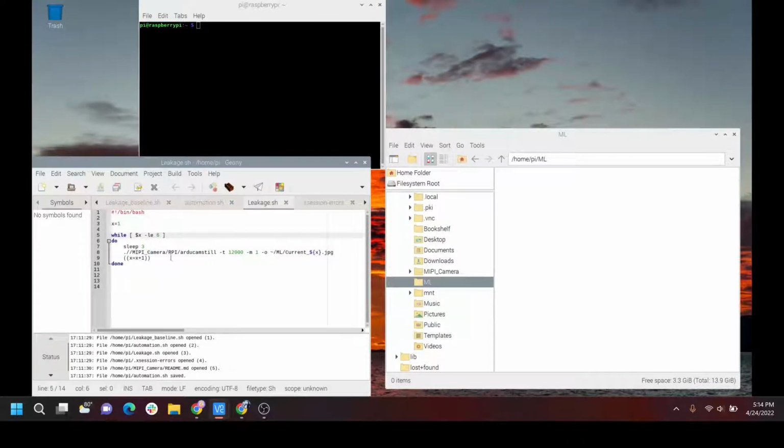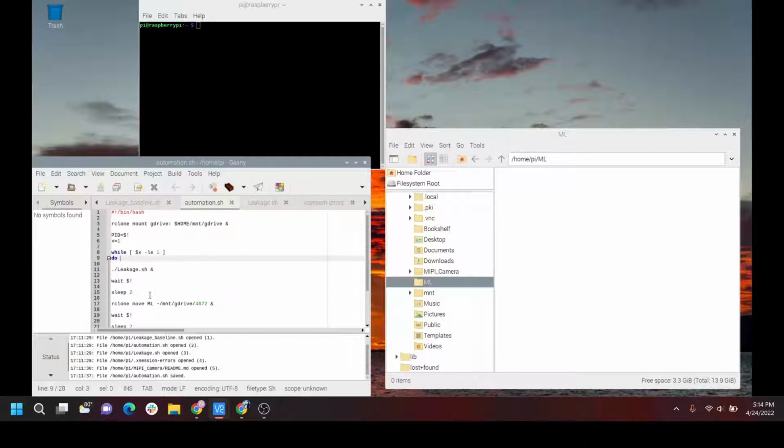It takes a picture every 12 seconds and then waits for 3 seconds before retaking the pictures, because it turns off the camera and reboots it. After it's done doing that, it waits for 2 more seconds and then sends it to the Google Drive that we mounted before, and keeps doing it as long as we want. We can just change it to an infinite number or change it in different ways, and it will run